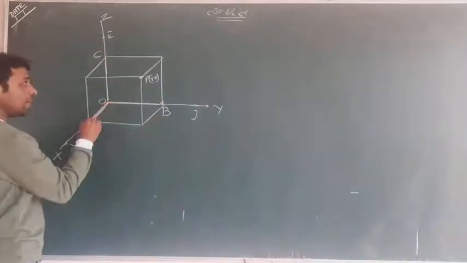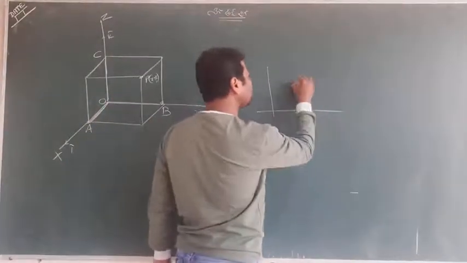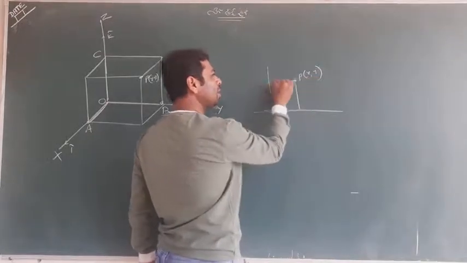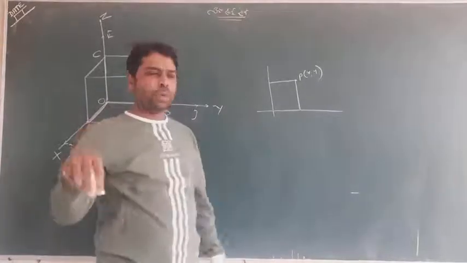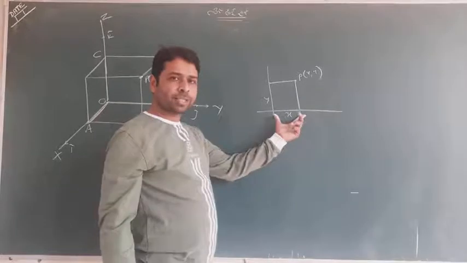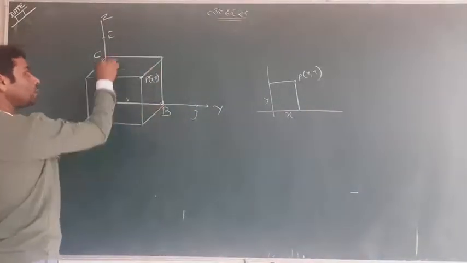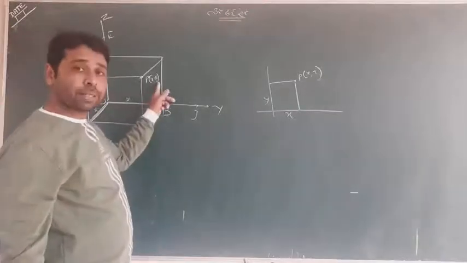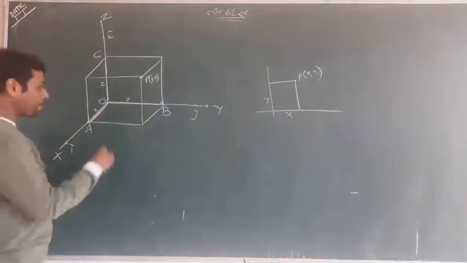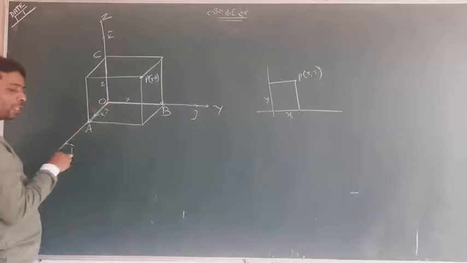This distance is actually x. You should know it. In two-dimensional we saw, when drawing the simple rectangle with the help of P, along x it is x and along y it is y. Same here: along x this is x, along y it is y, along z it is z. It is x, y, z. And this is the distance. What about the vector? This particular vector will be xi cap because it is along i cap.